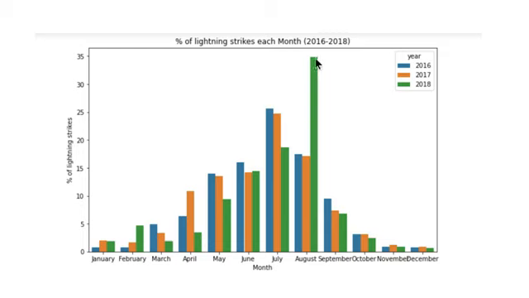When you analyze the bar chart, August 2018 really stands out. In fact, more than 1/3 of the lightning strikes for 2018 occurred in August of that year. The next step for a data professional trying to understand these findings might be to research storm and hurricane data to learn whether those factors contributed to a greater number of lightning strikes for this particular month. Now that you've learned some of the Python code for the EDA practice of structuring, you'll have time to try them out yourself. Good luck finding those stories about your data.